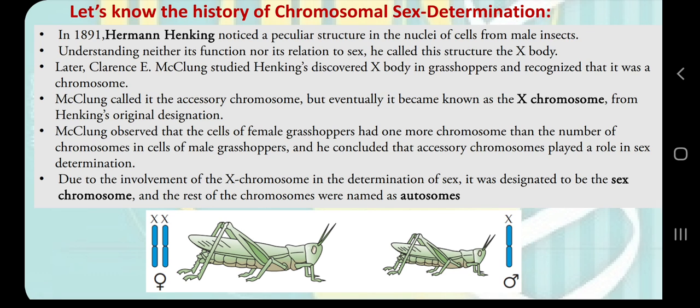So these 46 chromosomes happen to be in pairs, 23 pairs. So we have 23 types of chromosomes and 46 chromosomes, and out of those 46 chromosomes we have only 2 sex chromosomes, and the rest of the 44 chromosomes are called autosomes because they are non-sex chromosomes. They are not involved in the process of sex determination.